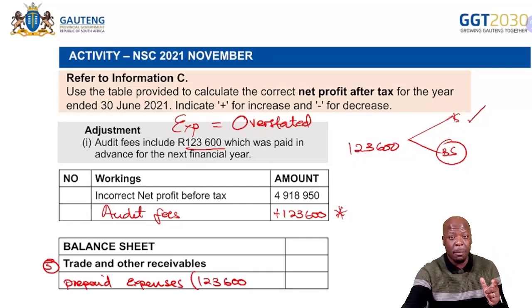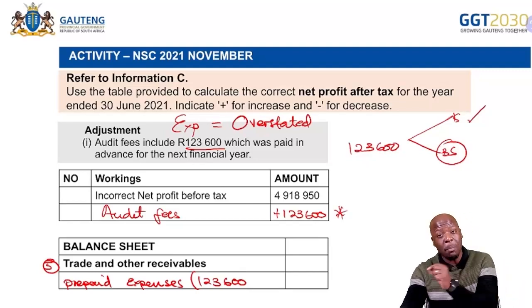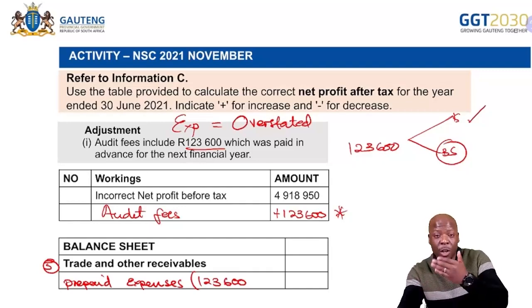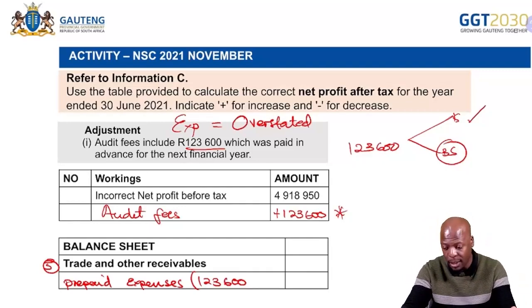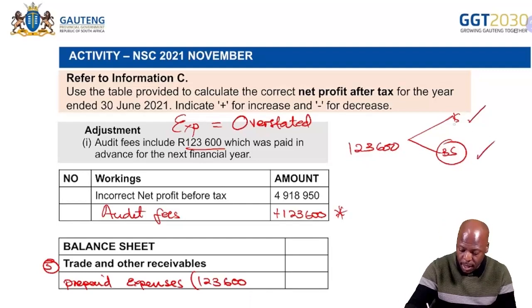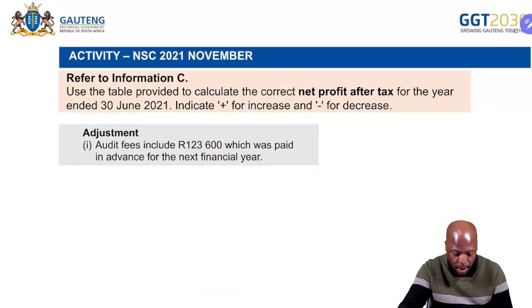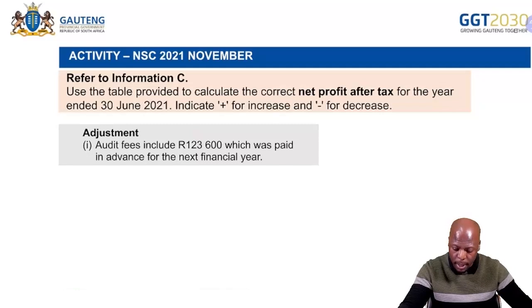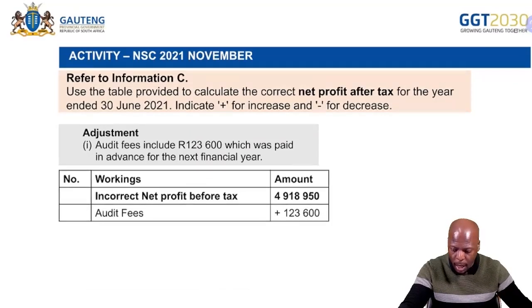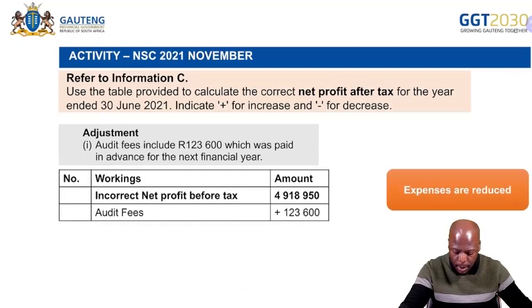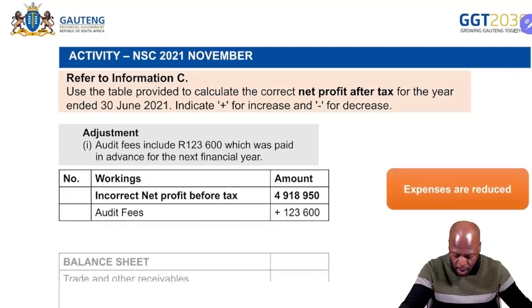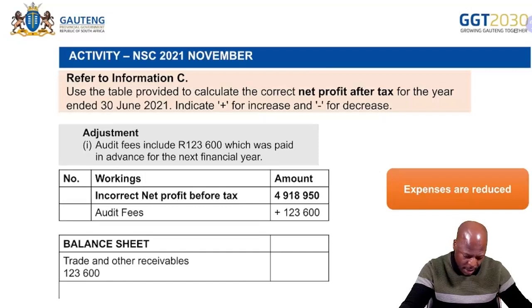You will never finish the exam paper, but you need to do them at the same time, knowing that my adjustment affects the calculation of correct net profit as well as my balance sheet, so that when we get to the balance sheet, we're just putting in figures that we have already calculated. So here I have 2 adjustments in the income statement as well as in the statement of financial position. Okay, let's see here, if I'm to show the answer, there it is, how it should appear. And then these expenses should be reduced, and then it should come under trade and other receivables,